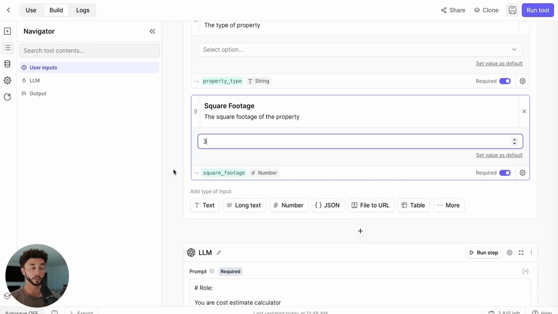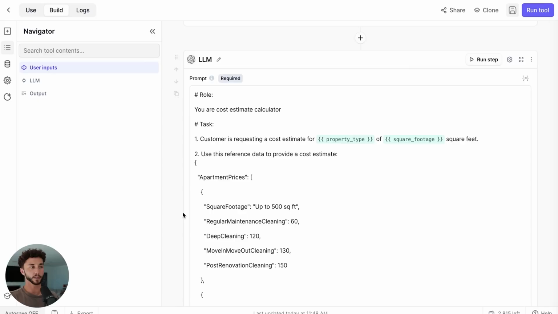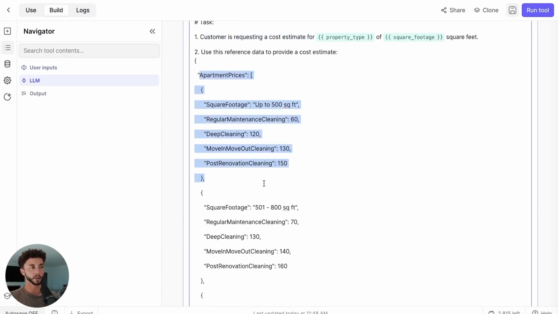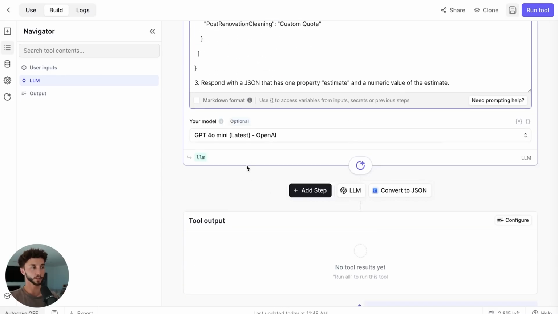So that's what the API is going to be expecting. You can see here that it says it's expecting a number. And then we pass this into a basic prompt here that's saying the customer is requesting this, and these are the rough prices for the different square footage and different types. And the LLM in this case, GPT-4o Mini, is just going to look over that, taking their inputs, and then give